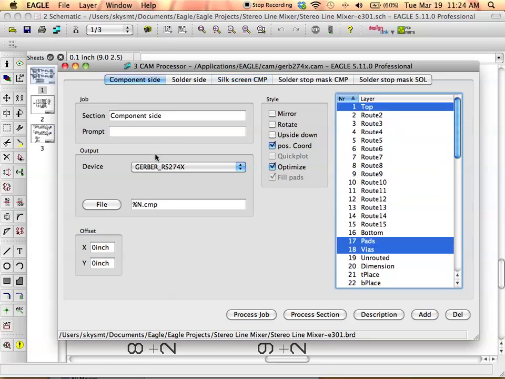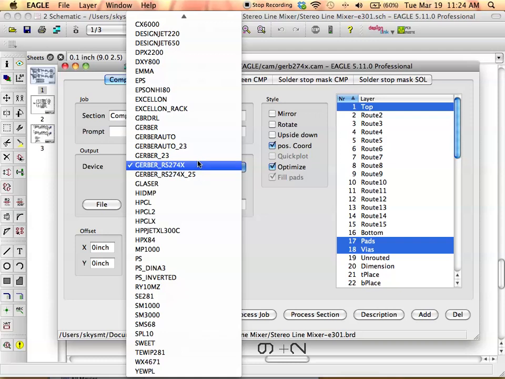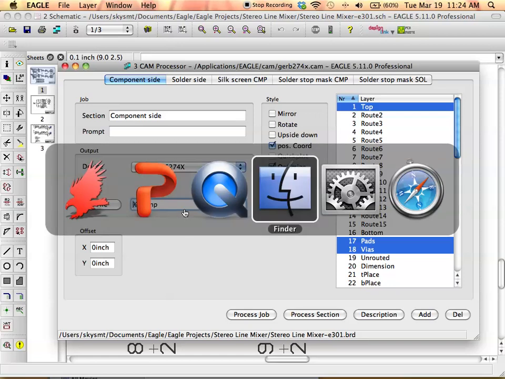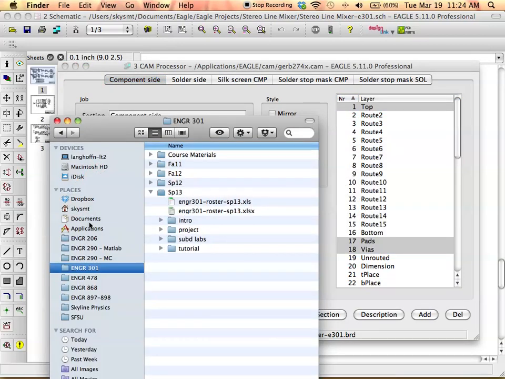Notice the output here. It says device. This is the type of output files that are going to be generated. You can see there's a lot of other kinds, but in general, people go with RS-274X. And then you get a file name, and this %N means that it's going to show up in whatever folder the project sits in. So for me, my project sits in